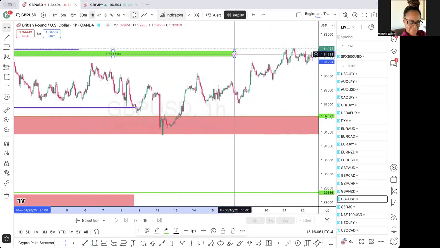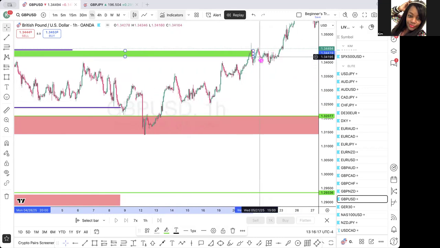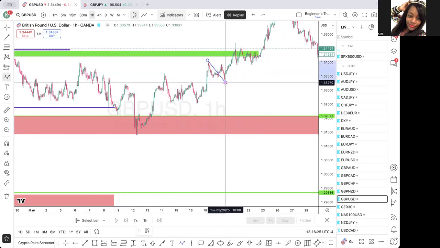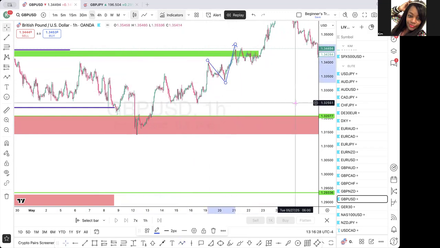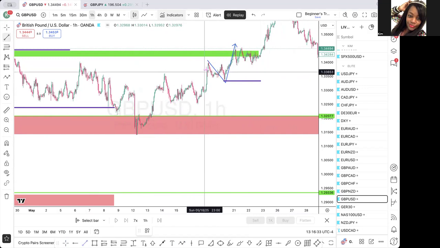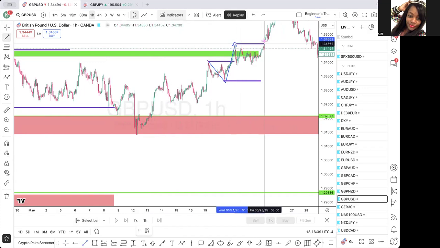In the meantime, I would have been taking a few buys, right? Up into that point. Once I get to that point, I identify my structure. Identify my structure. And at that structure, this is my swing low. This is my break of structure. This is my swing high. Once all this is happening,